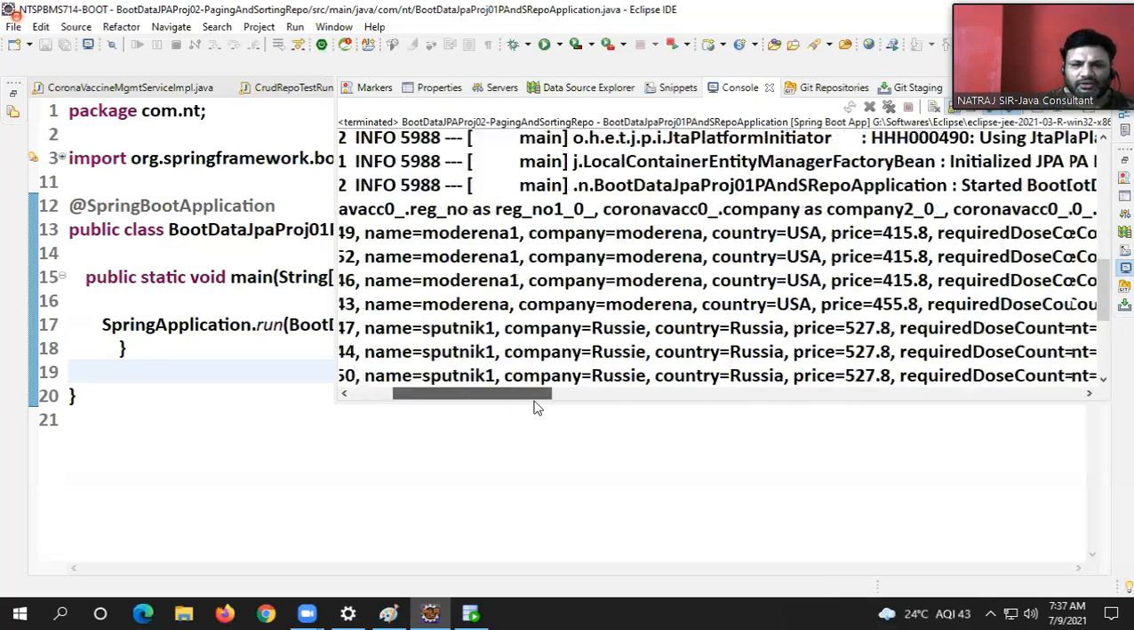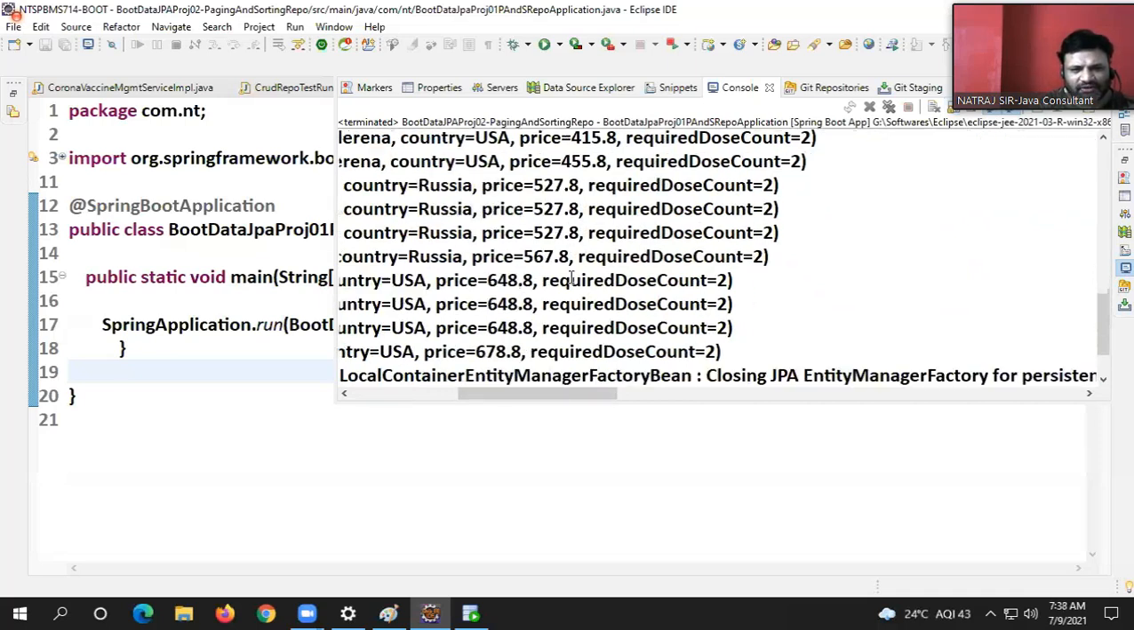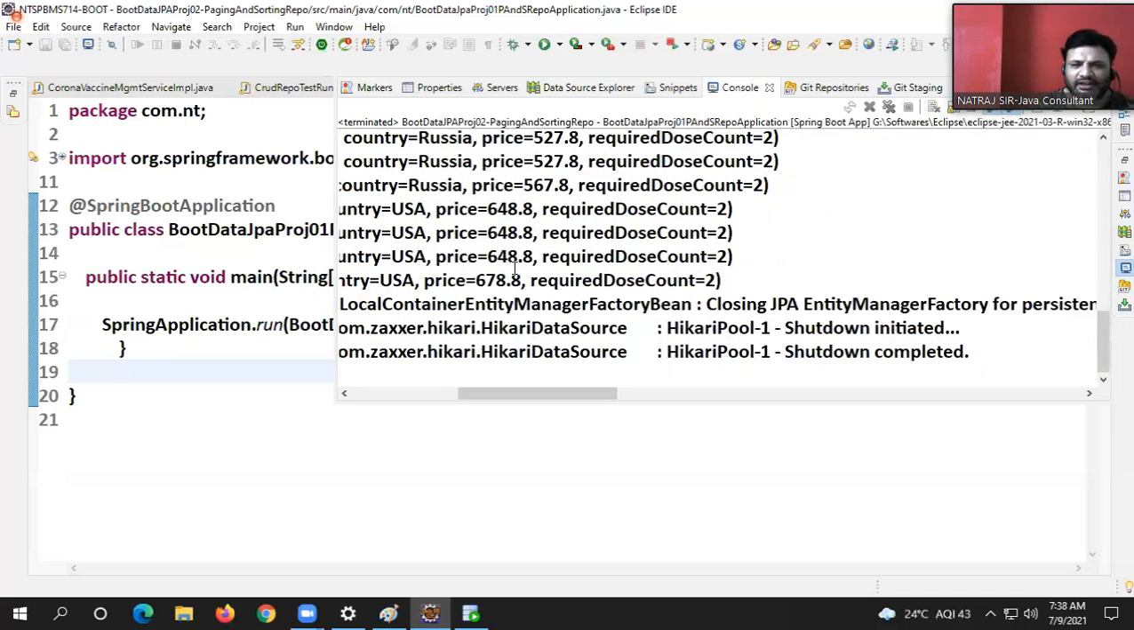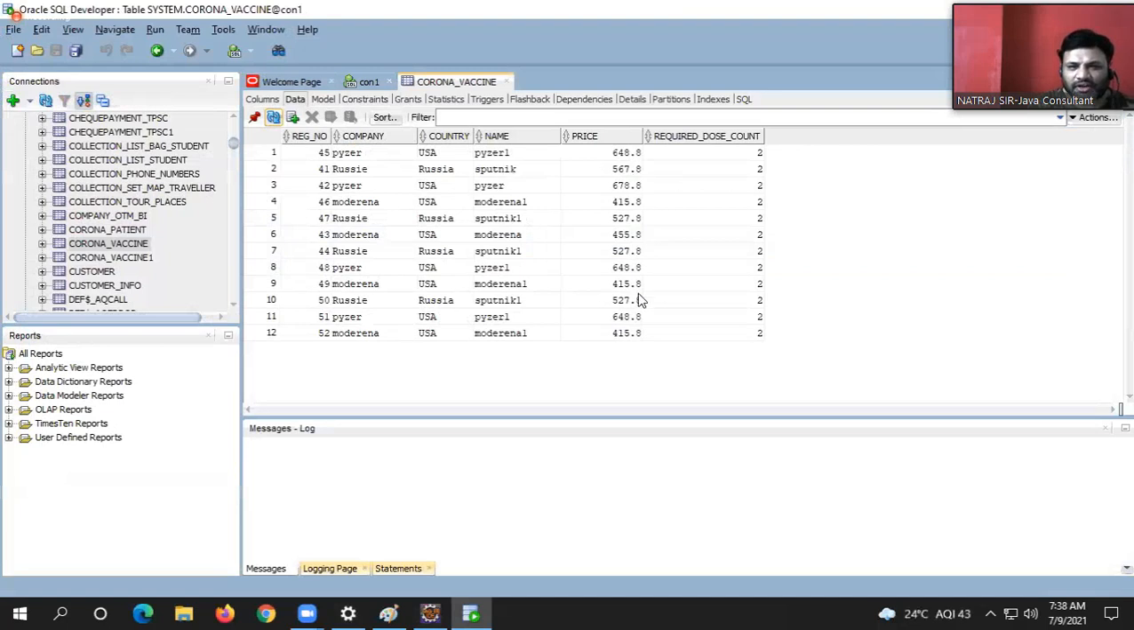Yeah, we got a huge number of records, guys. See, all the 4-1 ones first, then 527s, then 648, lastly 678. Because I said ascending order, right? I said ascending order. Okay, right. If they are matching, then